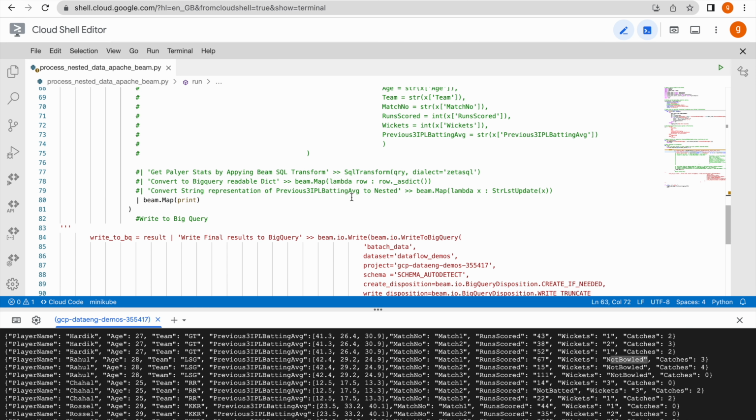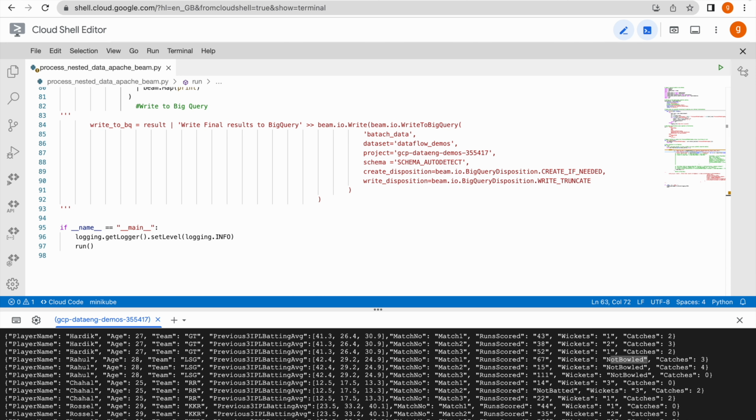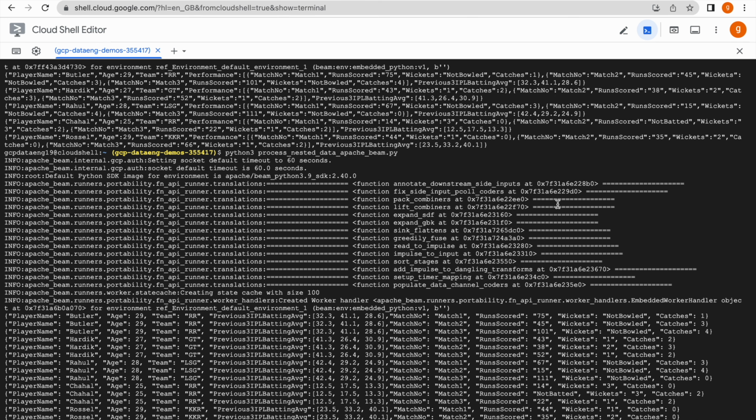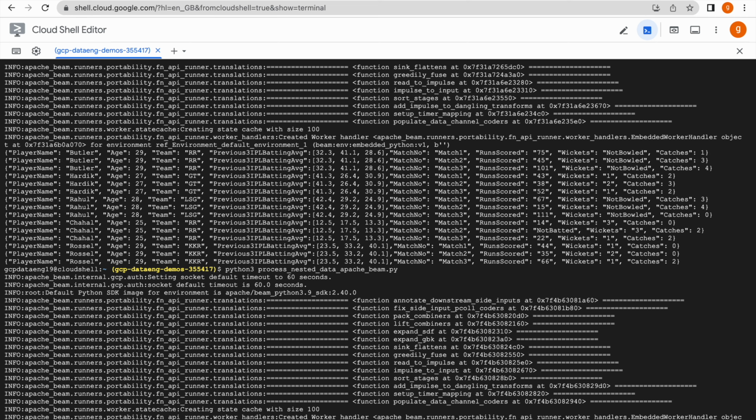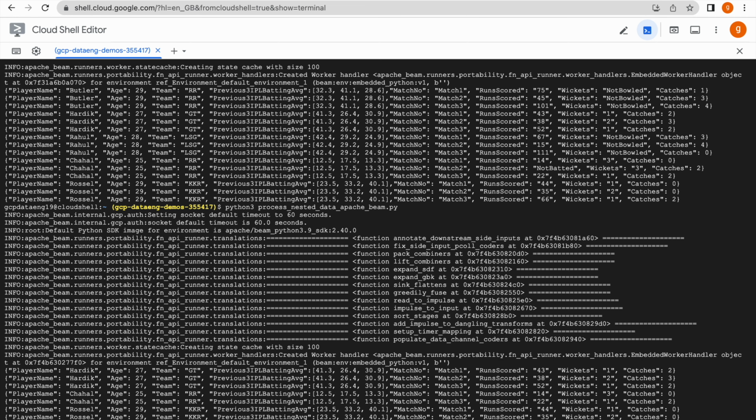Let us try to print how this data looks. Okay, now you can see those records have been filtered out. We have only limited records now, right? So now in the next step,